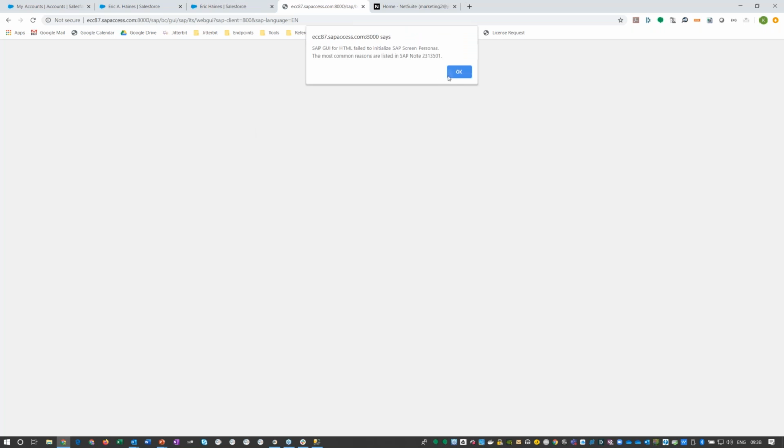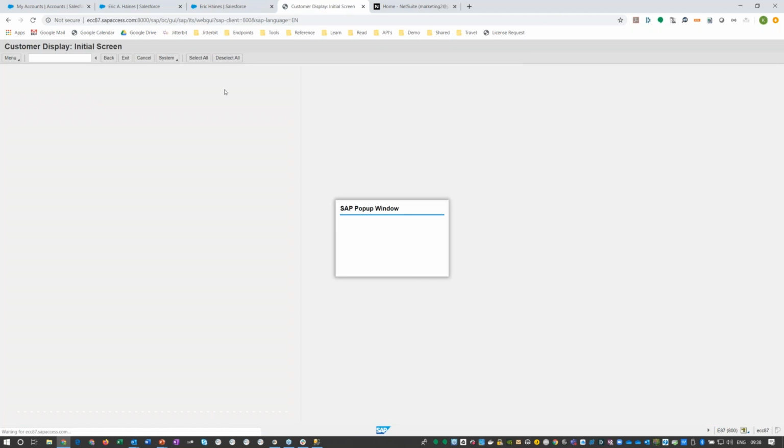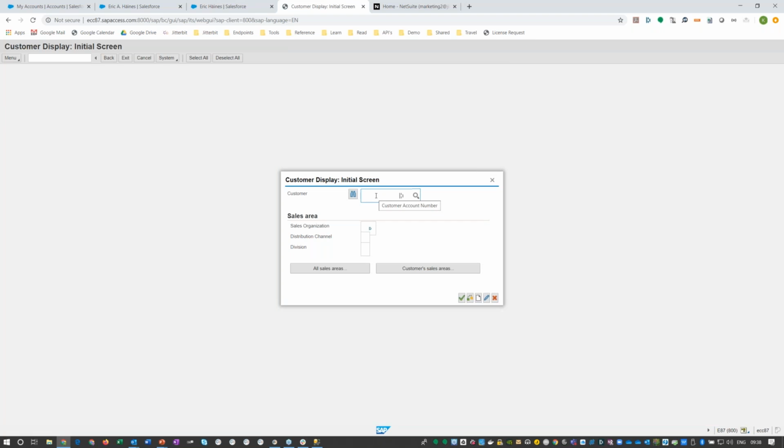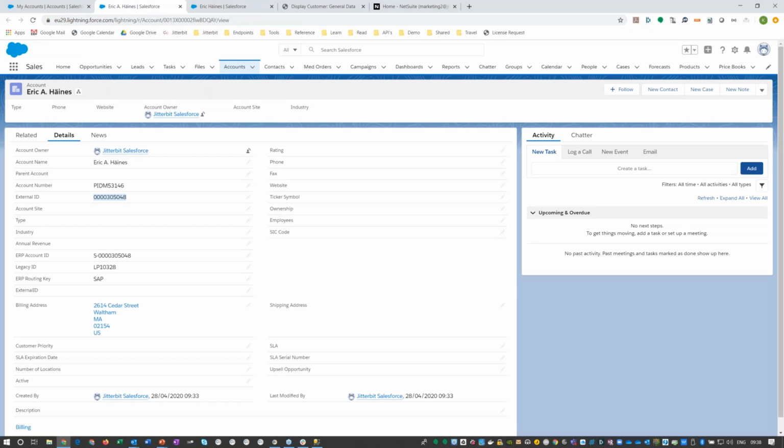I'll then drop back into Jitterbit and show you just a small amount of how these things have been done so that you can appreciate the dynamic nature of what Jitterbit does for you, because this is all done in a very intuitive clicks, not code way. So loading up the same customer ID here now, and you can see that's the same customer, Eric Hines, as we have in Salesforce. So kind of proving that round trip scenario.